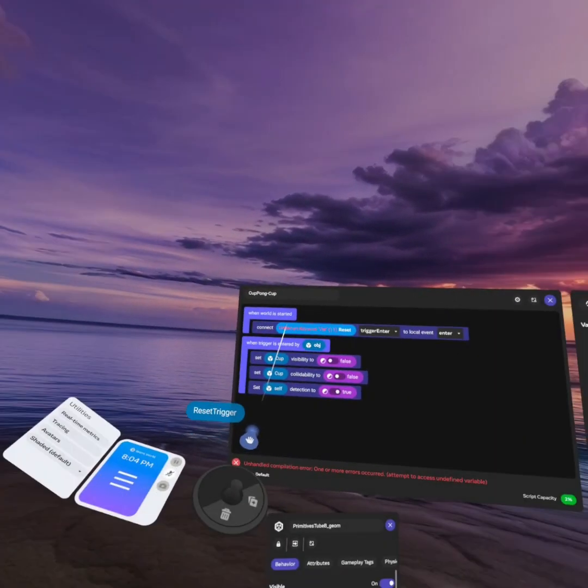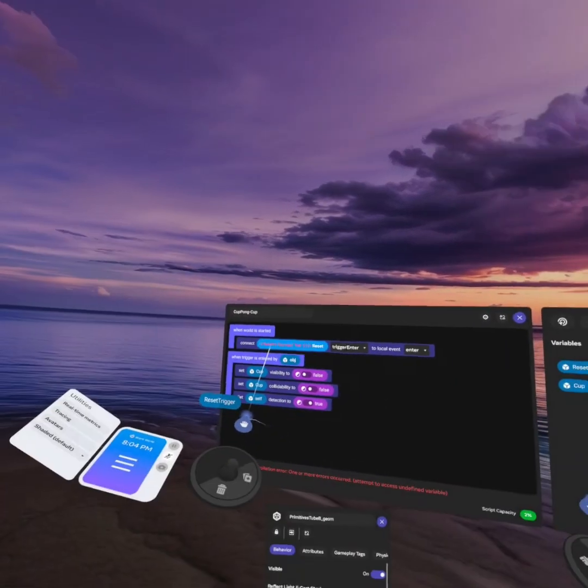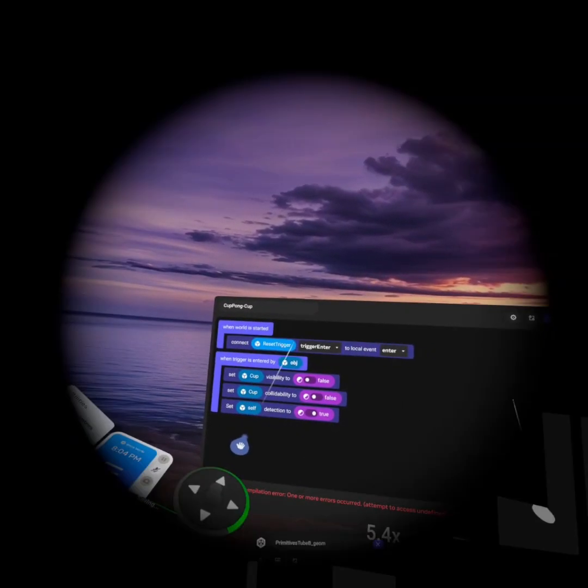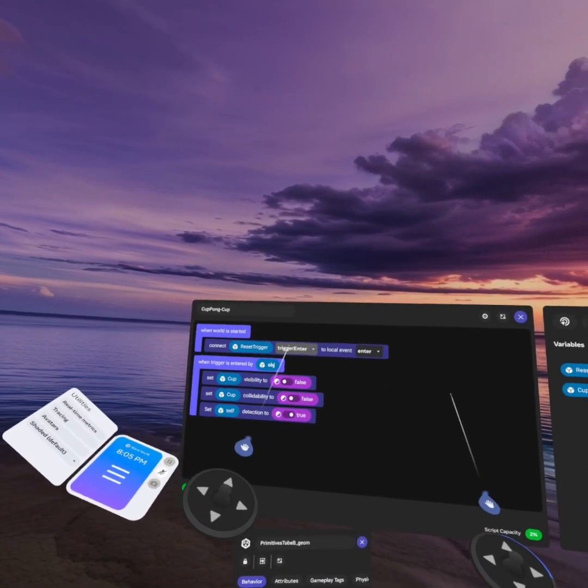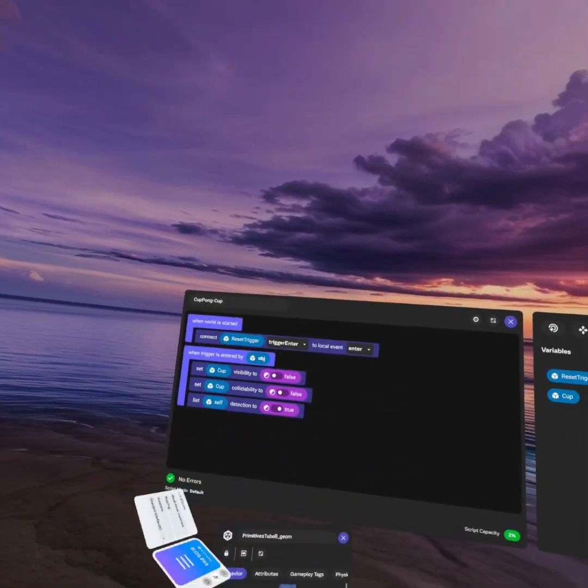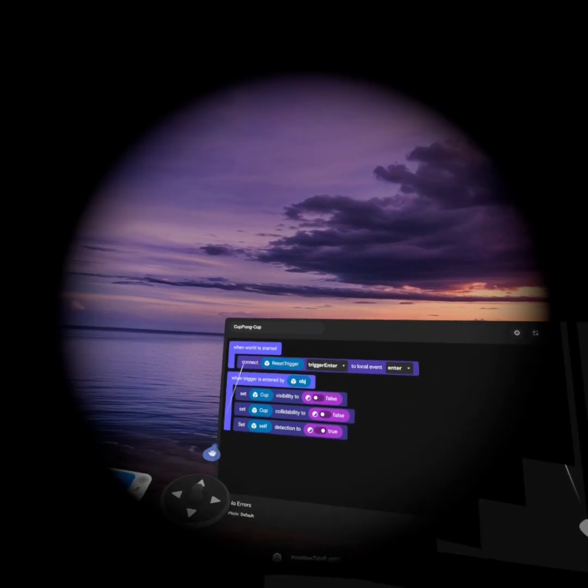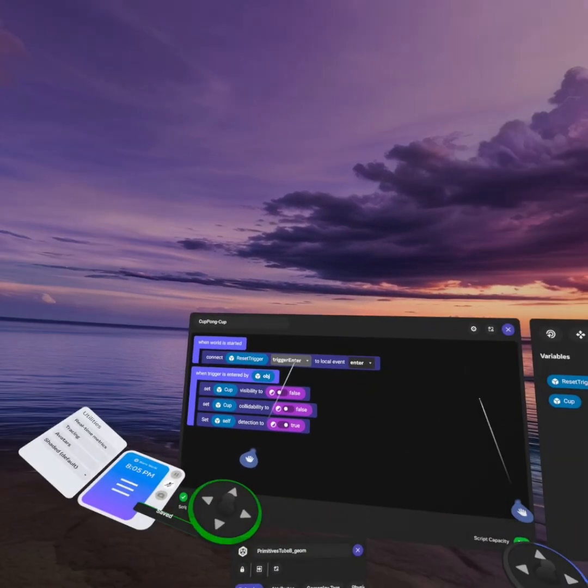Okay, so we got reset trigger. Connect, reset, trigger, enter. And this is just the command or whatever's happening with whatever you're connecting it to. So it could even be a player. It could be a bunch of different things. But essentially, when reset trigger is entered,